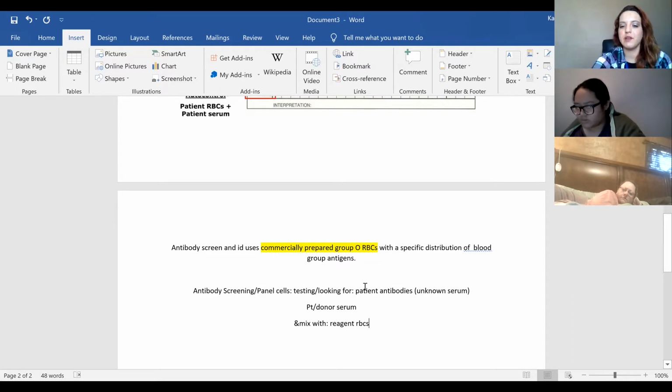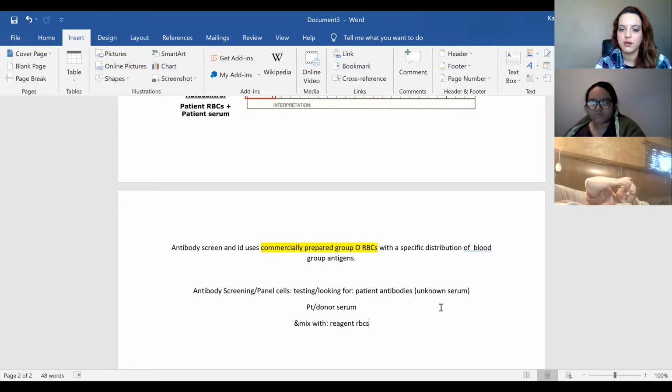Because for our antibody screen, we're looking for patient antibodies, which we know is unknown serum. So what is the opposite of that? So we know it's going to be a known antigen. So which one is your known antigen? That you for sure know what's inside. Your RBCs, your red blood cells. But how do you know if it's known or unknown? Whether it's reagent or patient or donor, correct? Right. Same page? So you're going to take your patient or donor serum and mix it with reagent red blood